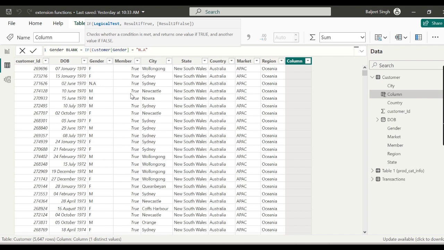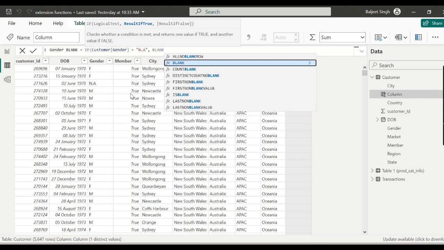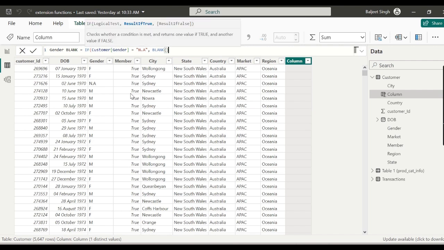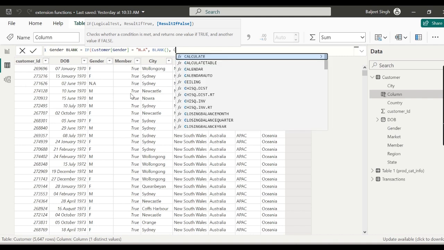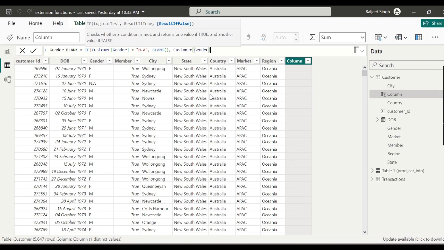If it is not applicable, put it blank. Otherwise, it should be the same. So as we press enter,